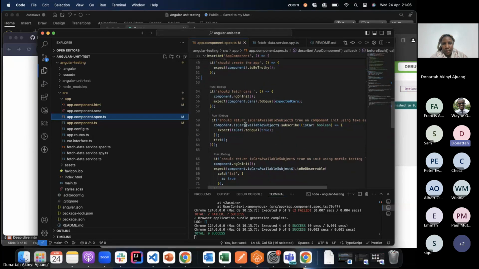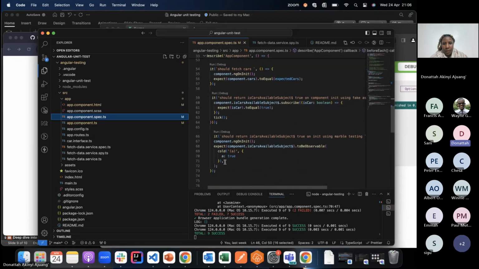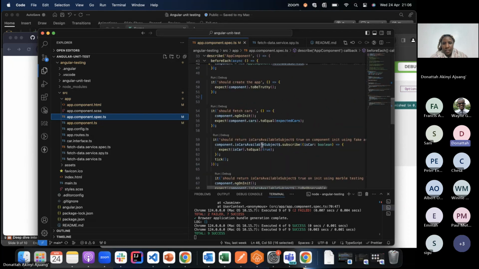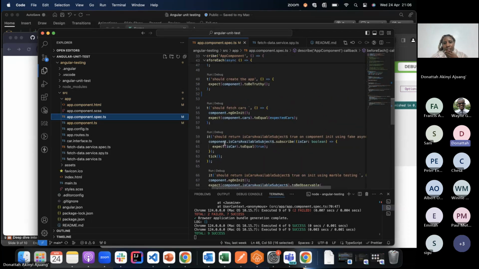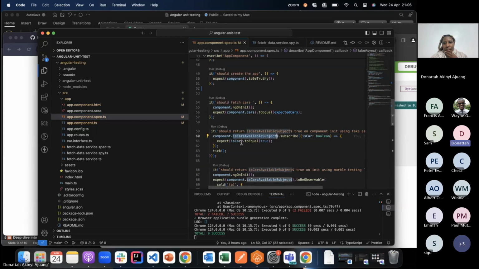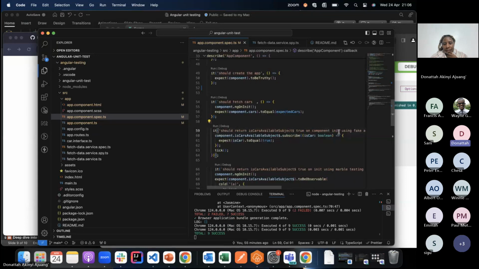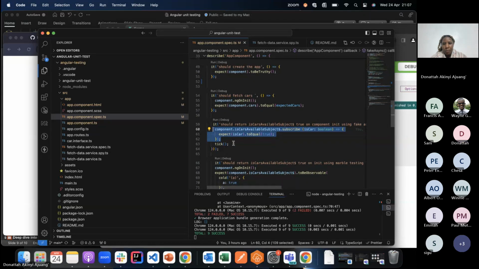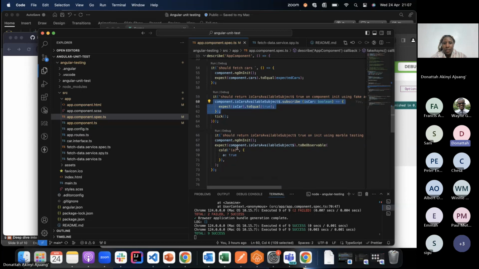You can use this. Let me comment this. This is the key way people use. You test the component, then you subscribe, you use fakeAsync and tick, which actually works. But at times there may be a delay by the time something renders or something happens, and it fails. You start having flaky tests because of this. So another way you can test an observable is using